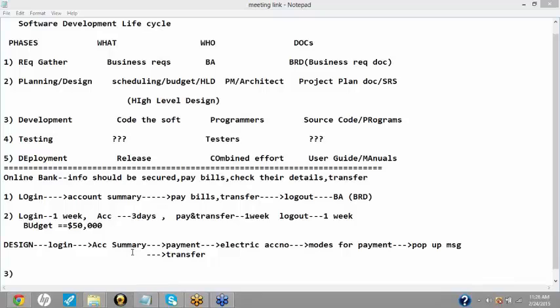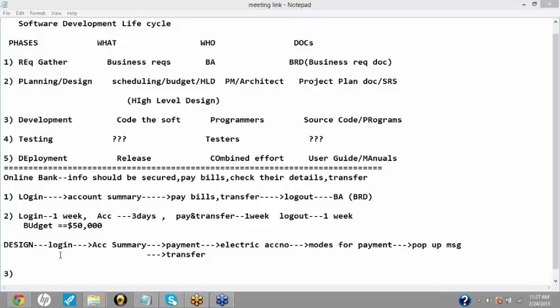So see, Sarda, what you have to do, you won't be provided with the BRD. As a coder you won't be given the BRD. He or she would only be provided with the design document, which is being prepared. And he or she would also be given, for the login, an estimated time of 1 week. So you would be given the estimated time that you have to complete this particular module of login in a week.